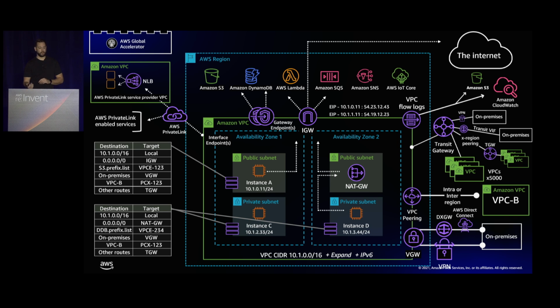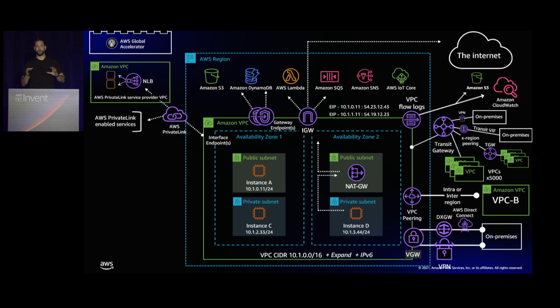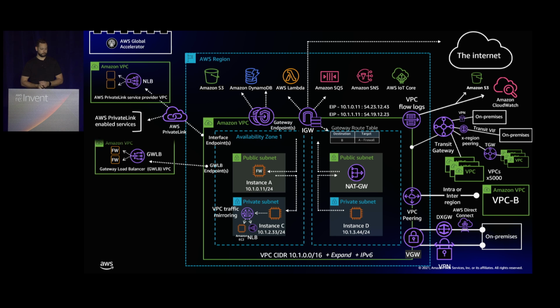We have Global Accelerator, which is like an Anycast-like service with a whole bunch of other features built into it. We have traffic mirroring if you wanted to get packets from your instances and inspect those packets. You can send that to an NLB or an EC2 instance. We have gateway route tables where you can basically say traffic coming into the VPC can get directed via something like a firewall. So we've got a firewall here in one of our public subnets.